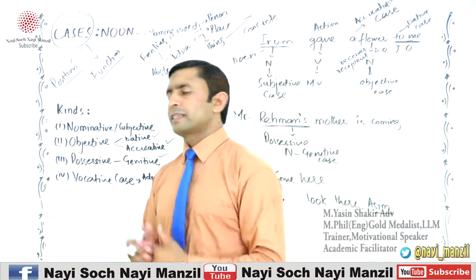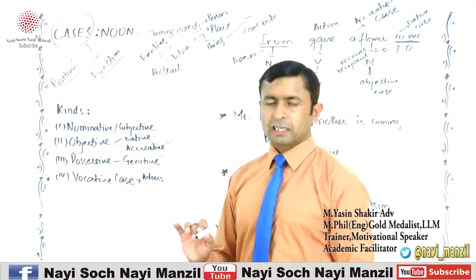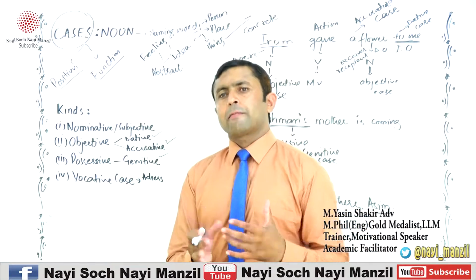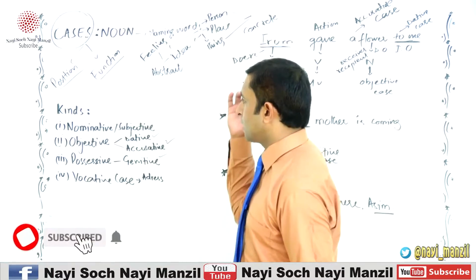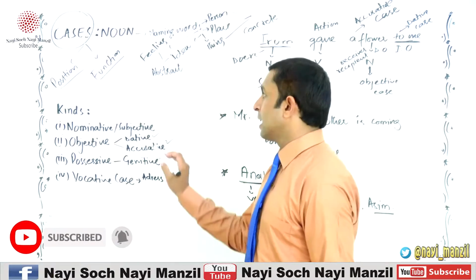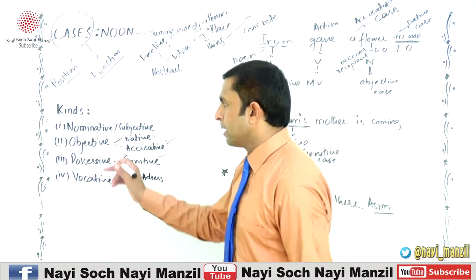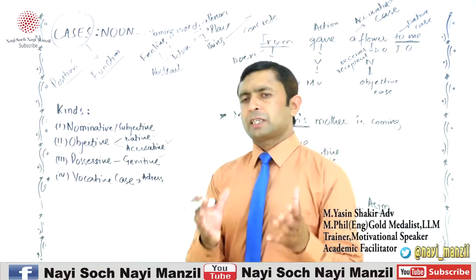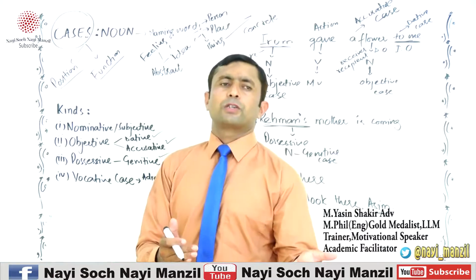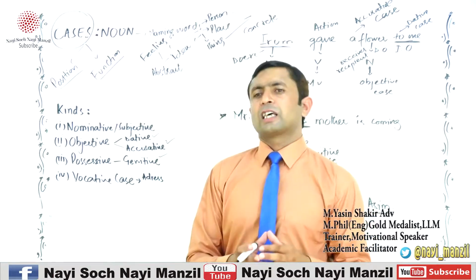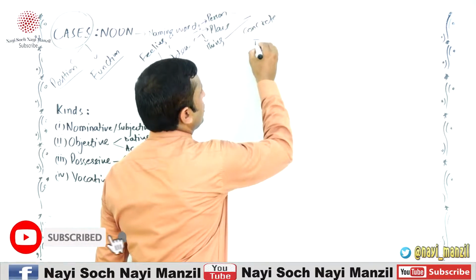Let's move towards the kinds. The first kind is nominative case or subjective case. Both are the same. Nominative names the noun at the position of subject. We'll discuss through the example. Objective case is further divided into dative and accusative case according to their function. Possessive and genitive case. Possessive is actually a possessive noun, I mean noun with the formation of possession or with the function of possession is in genitive case. Vocative case. Well, let's explain through examples.